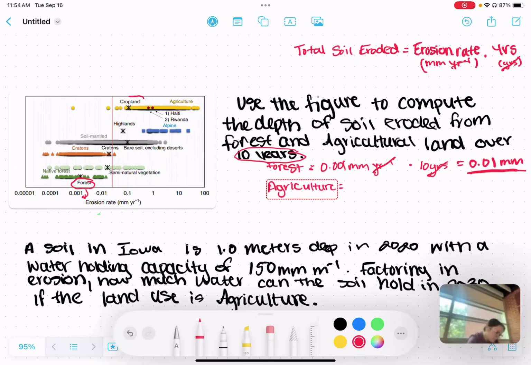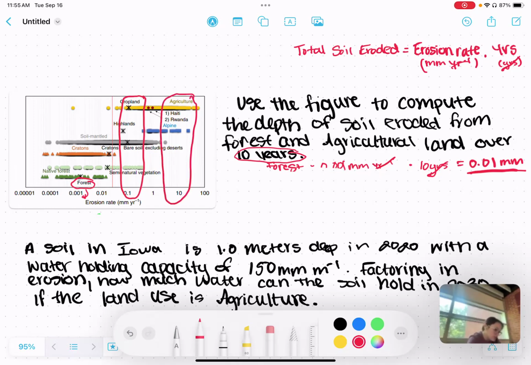I take the cropland since that's where the X is, and it's 0.1. So if we do 0.1 millimeters, I'm actually going to change my number. So we're actually just going to take from the agriculture. You can do this specifically for row crops, but Dr. Van Lukey wants you to use the agriculture aspect of it since agriculture is